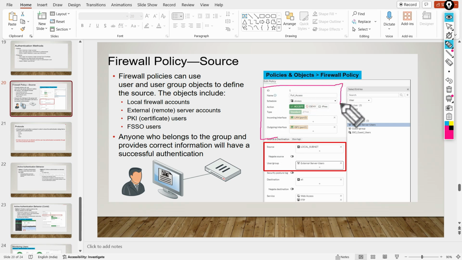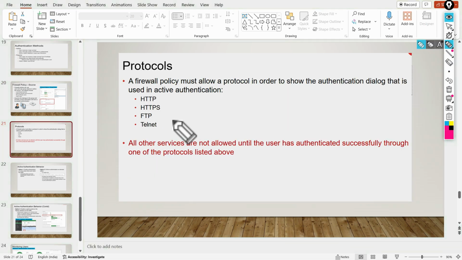for that I wrote that policy related to the policy configuration. Here we have defined the source, and in this section we have also defined the user and groups, external server users. So during the policy validation or policy evaluation process, these users will only have access to this destination. So this is the destination, basically web access and FTP. So during the policy validation, user authentication will also be taken care of if we create a policy based on the user and groups.